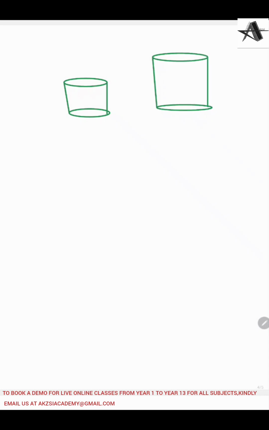Say for example, this is a figure, a cylinder, and this one is a smaller cylinder and this one is a bigger cylinder. Obviously this is not drawn accurately, I'm just randomly drawing it. If they bear the same ratio, that means this is 2 centimeters height and this is 8 centimeters height, you can clearly see when I'm transforming this to this, it's 3 times. So then the area scale factor will become,